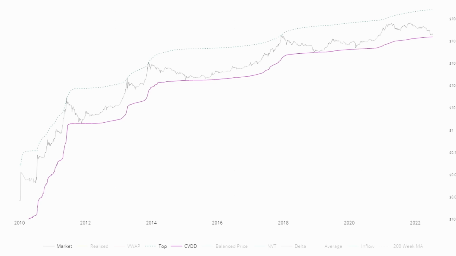This is another curve-fit type thing, a whole bunch of different metrics. Long story short, this purple line has caught every cycle bottom that Bitcoin's ever had. I actually forgot how they calculate this, to be honest. But this purple line right now is sitting at 15.6K, so $15,600. And the top, which has caught every high of every cycle, is currently at 300K. Remember, this is a logarithmic chart, not linear. So up here is 300K, down here is 15.6K.